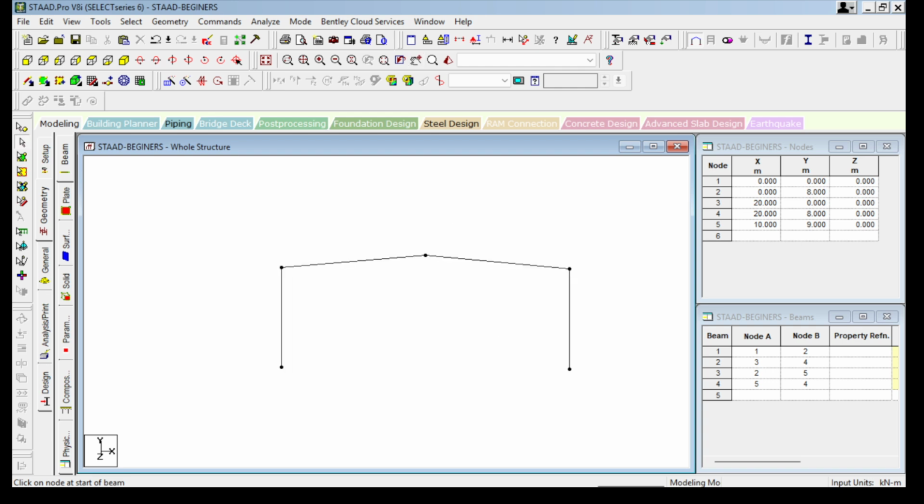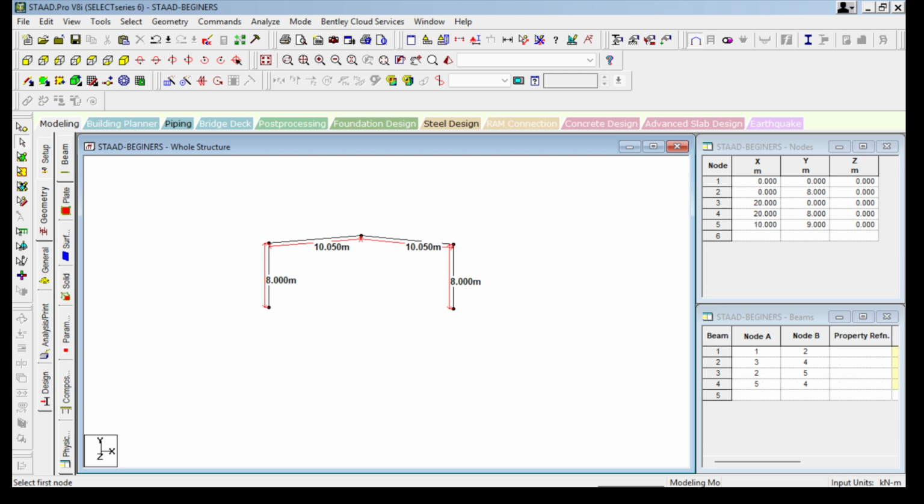So let's confirm what we have. Let's measure this. We have 8 meters here. Let's see if we have 10 meters here. We have 10.05, because of the increase in the height. Same thing here also, and the same thing here. We have 8 meters. I just wanted to show you this. I don't want the video to be long. I just wanted to show you a simple model. This is just a simple dual pitch portal frame.